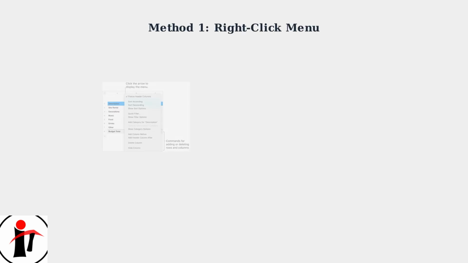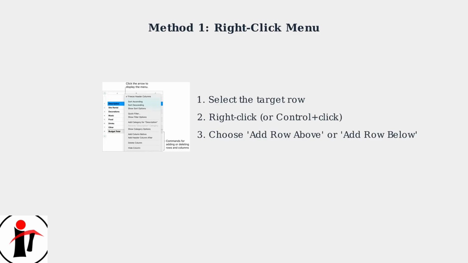Apple Numbers offers several efficient methods for inserting rows into your spreadsheets. Each method is designed to fit different workflows and user preferences. The right-click method is intuitive and accessible. Simply select any row, right-click to open the context menu, and choose whether to add a row above or below